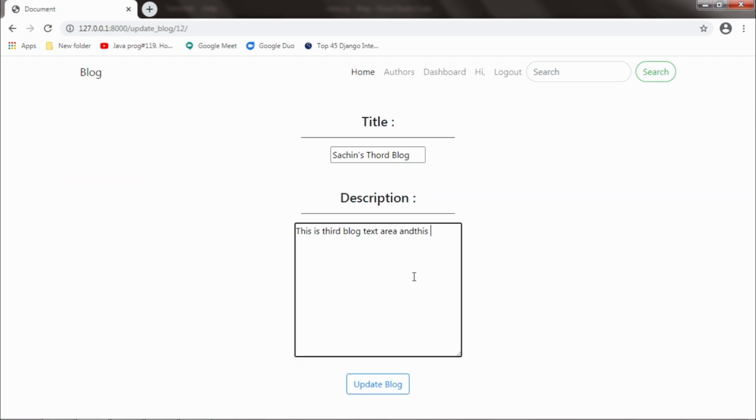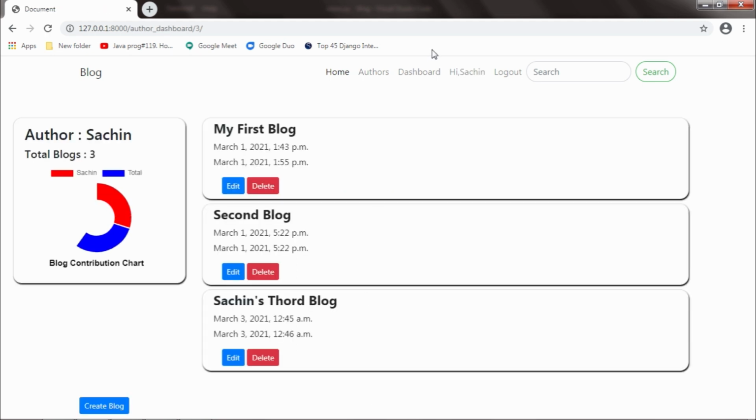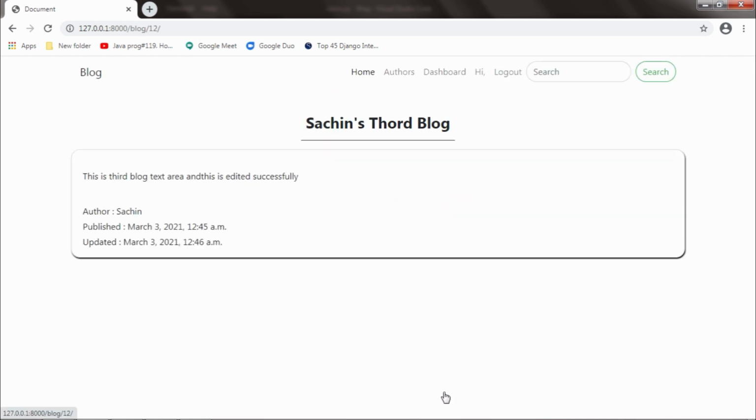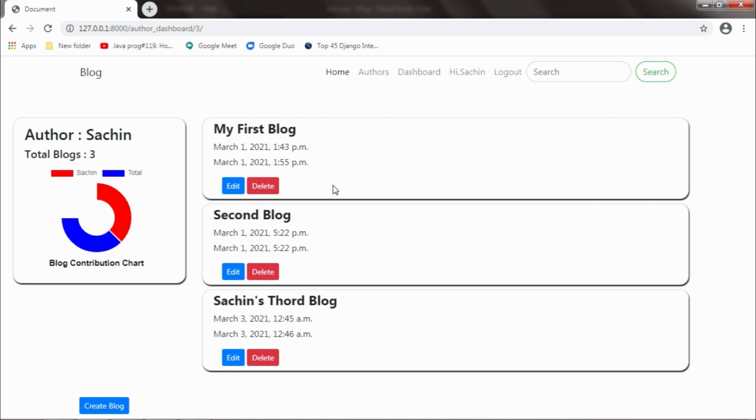and this is edited successfully, and I can update the blog, and I can go to home and see the edited part. Yeah, this is edited successfully, and published at this time and updated at this time. I'll go to dashboard. Okay, now I will see how we can delete his data, and if we click